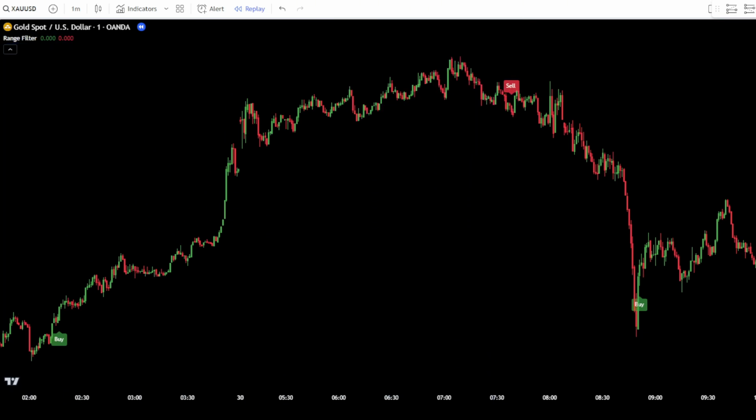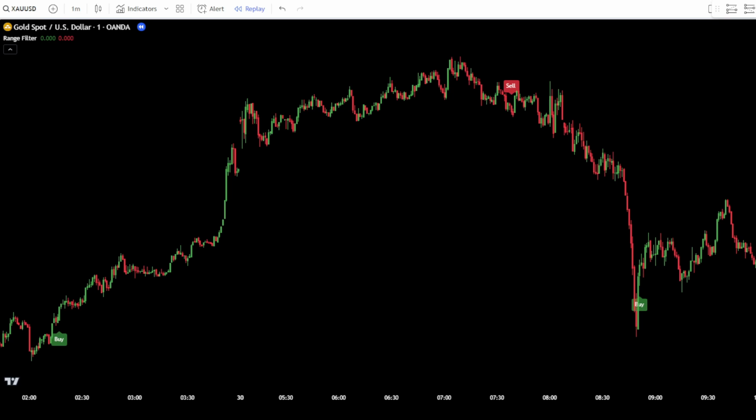This Range Filter Buy and Sell 5-minute indicator will serve as a guide for placing orders in the market. If the Range Filter indicator gives a buy signal, that's your sign to buy. If it gives a sell signal, that's your sign to sell. However, before you can place buy and sell orders, add one more indicator that will be used as a guide